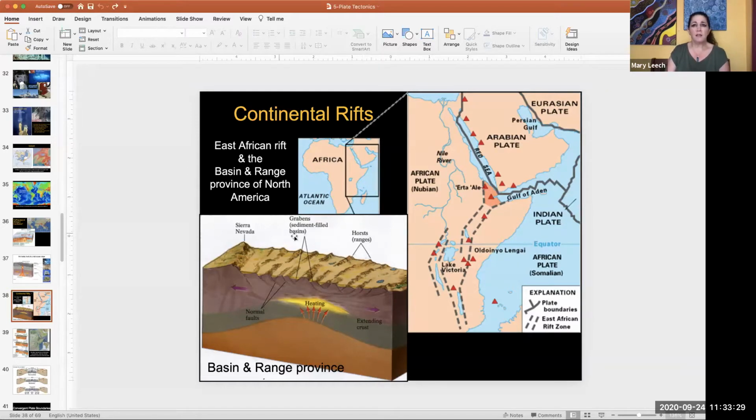Even like Death Valley, the Mojave Desert, that's where this stretching starts in North America. So we have our own continental rift. We call it the Basin and Range. It's an appropriate name. It's a geological term for it, of course, but that's what it's referring to, this series of basins and ranges that form where the crust is stretching. Again, it's not a plate boundary. In the case of North America,